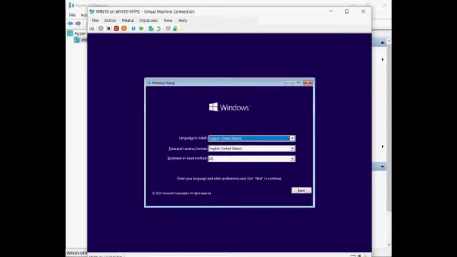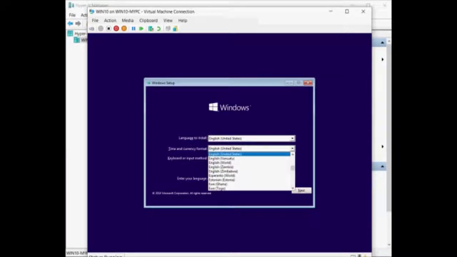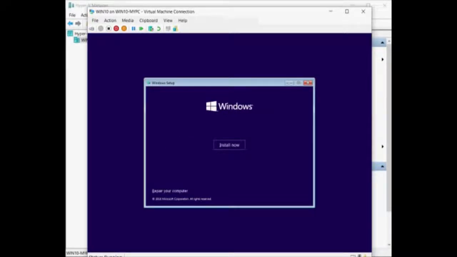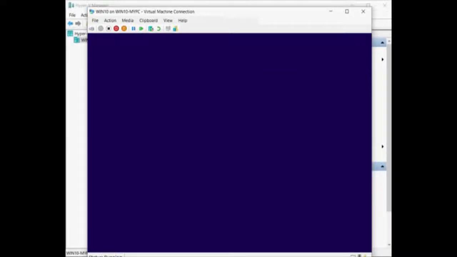As soon as you boot up from the ISO, select the desired language and location. So for me, I'm going to use UK. You can see the time and keyboard. Click next, and then sometimes if you want to repair, you can use a repair. But in our scenario, we are trying to install a new instance. Next,